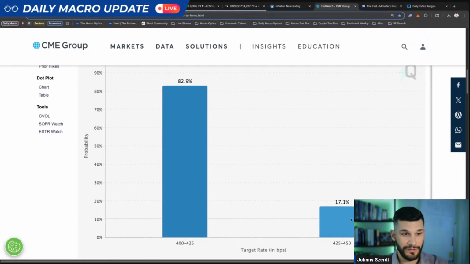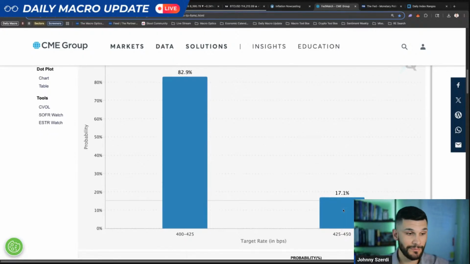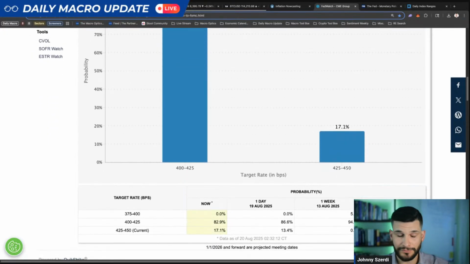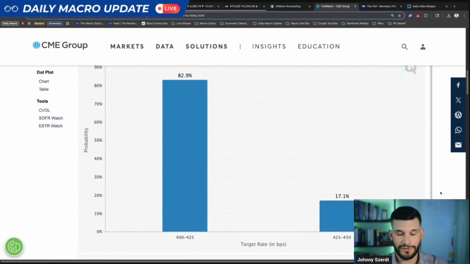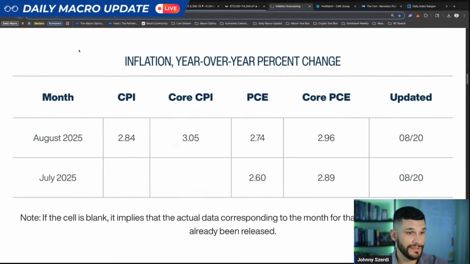And now the probabilities of a continued pause has risen up to 17%. This time last week it was at 0. So obviously something has shifted into more of a concern with inflation, especially after that PPI print last week. When taking a look at the Cleveland Fed's inflation nowcast, it still has core PCE accelerating from where it's at right now, which is at 2.8%. They have that going to 2.9 in July, and then to 3.0 in August, which the Fed would definitely not